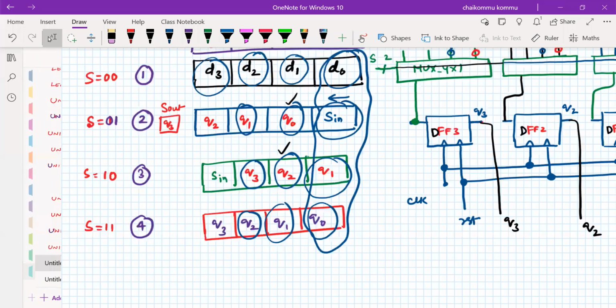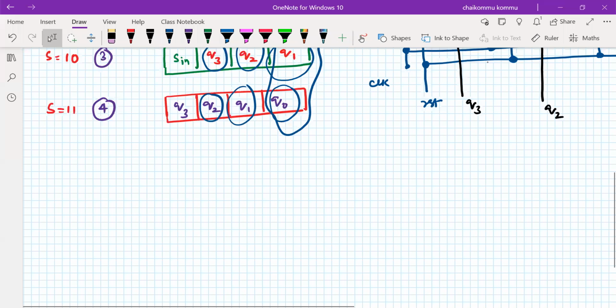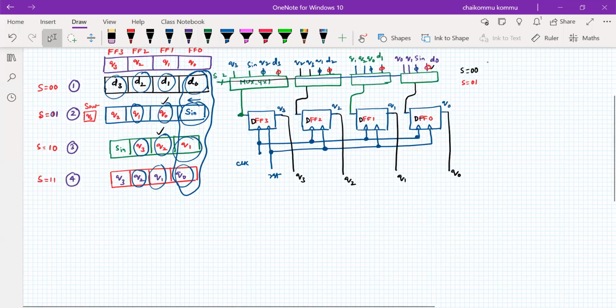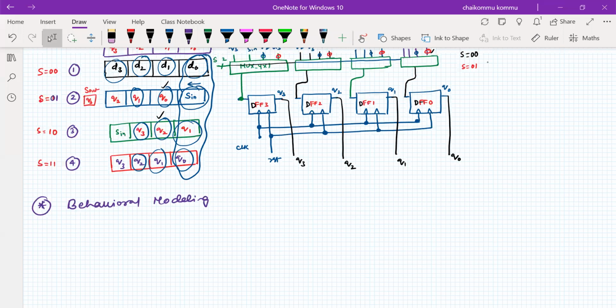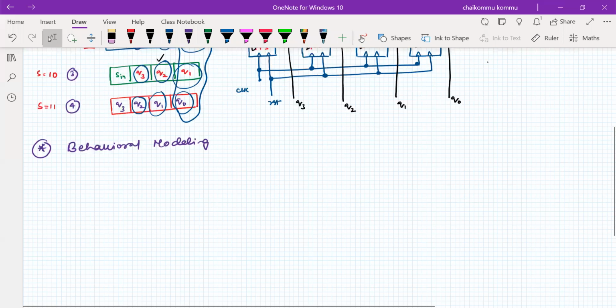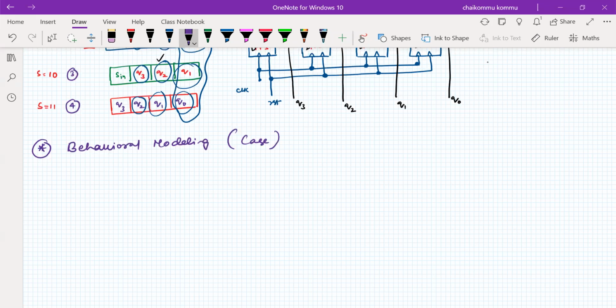With the help of behavioral modeling, okay? Let us write a module. So behavioral modeling. Using the case statement I'll use, okay? So case statement I'm using. So far we have seen different if statements, assignment statements, all the other things we have seen. Let us use the case statement, okay? So let us write a module here. It's a universal shift register underscore 4-bit.